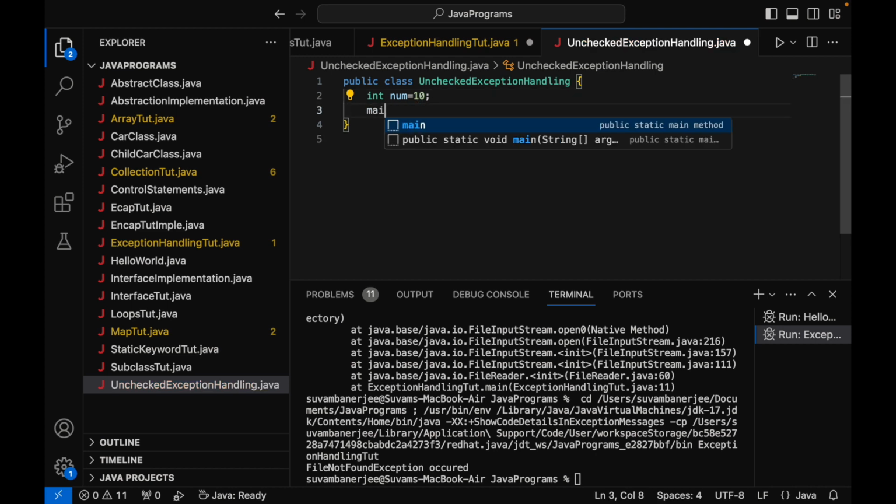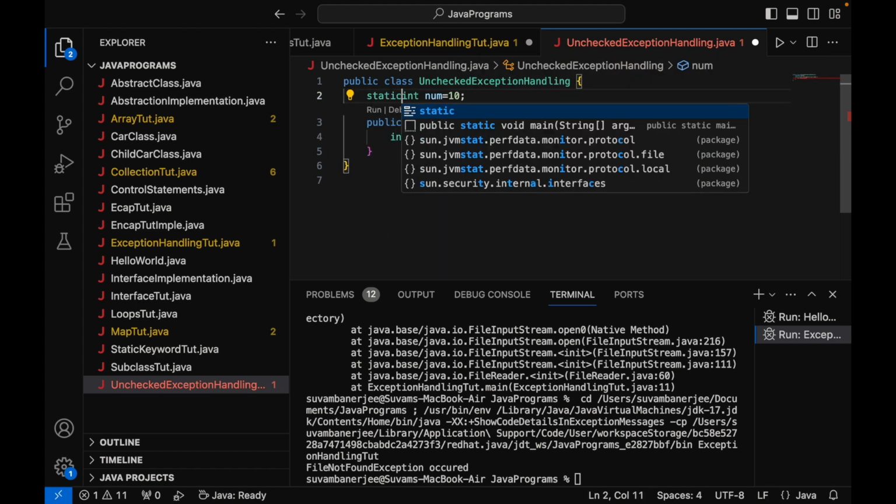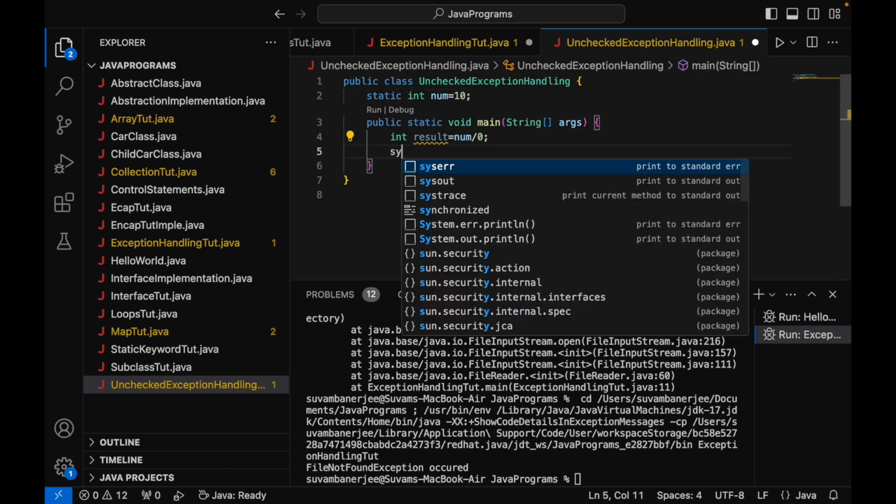Okay, now inside the main method, I am going to suppose int result equal to num divided by 0. So this is a static, right? That is why static int. Let me do static int here. So result is num divided by 0, and then sysout